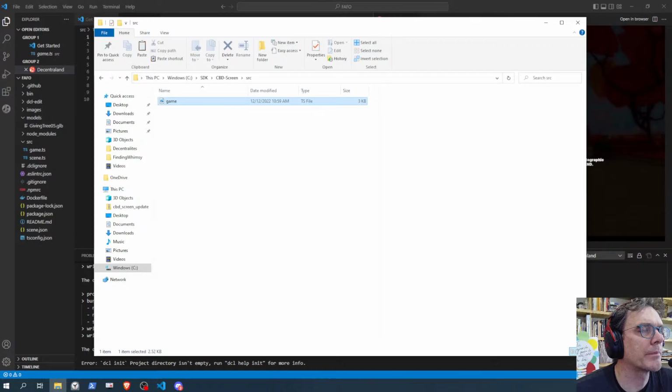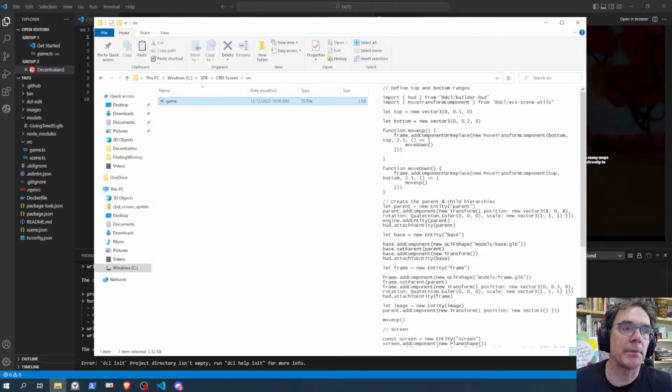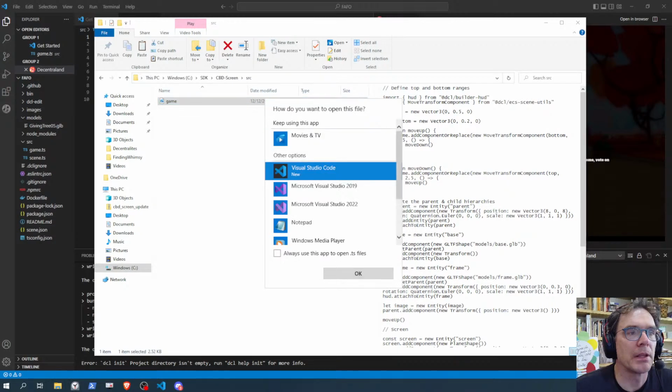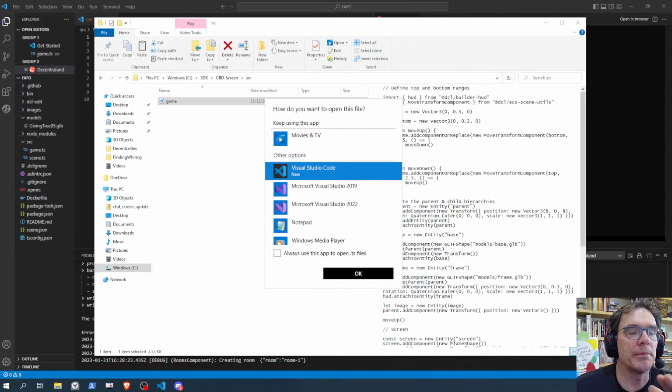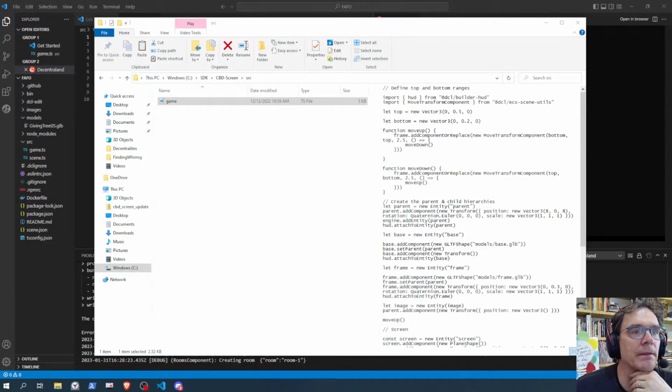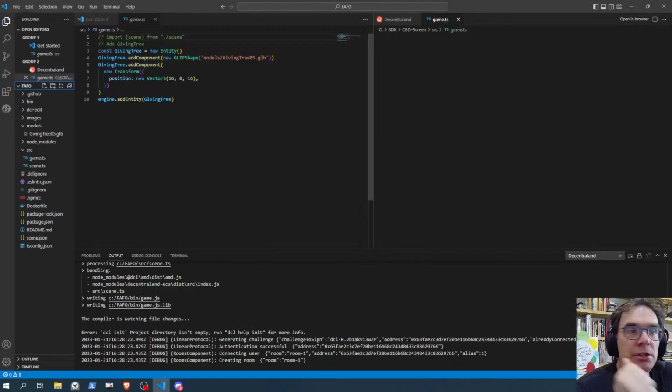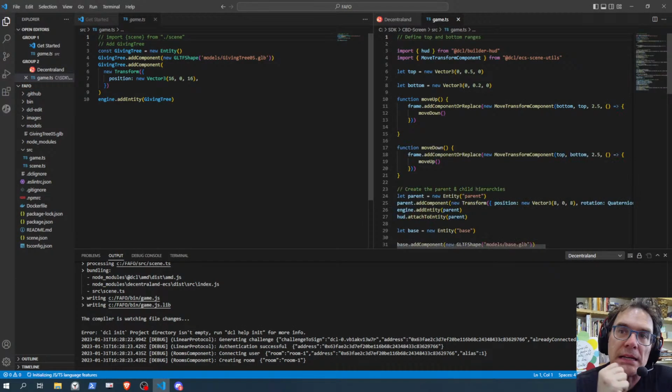Okay. So what I'm doing is I'm going to open up another game.ts file, and I can see here in the Explorer that it's got the code that I'm looking for. It says import, squiggly brackets, HUD, and then from DCL /builder-HUD. That's what I want to use, right? I want to use the heads up display in my scene, but I have to add it to the scene.